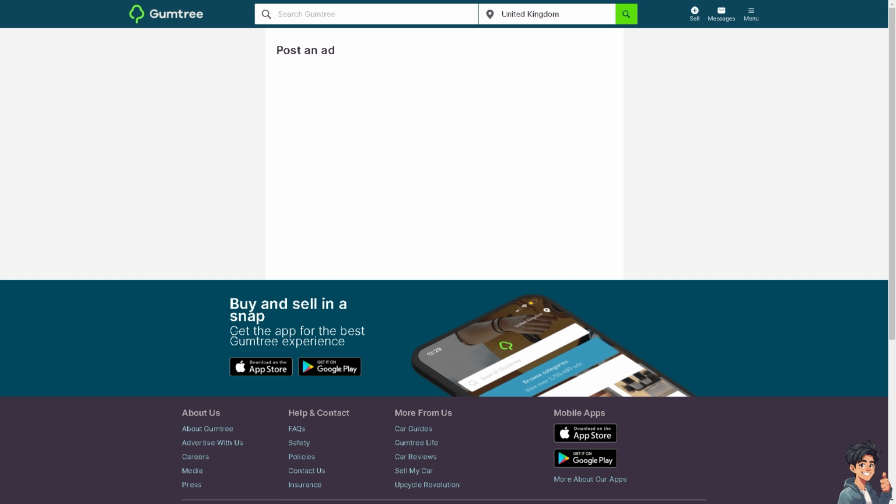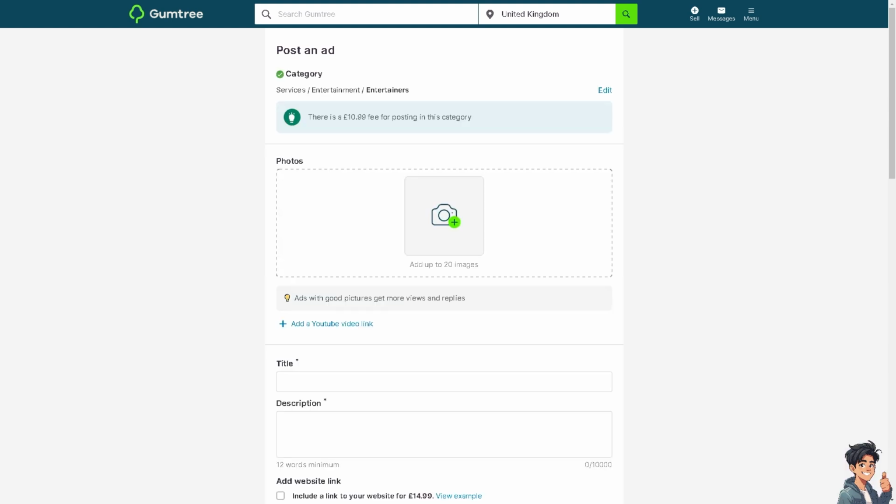You just have to fill in the details for your ad, and of course we need to be clear and descriptive. We need to put in as many images as we can. All right, but please remember that there's a 10.99 fee for posting in this category. All right, now I'm gonna skip this one because we just needed a simple service. So again, just click on sell,